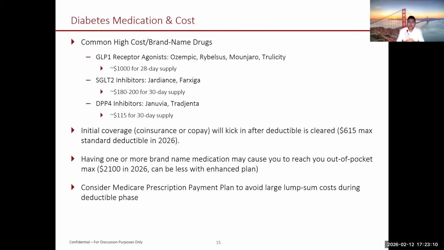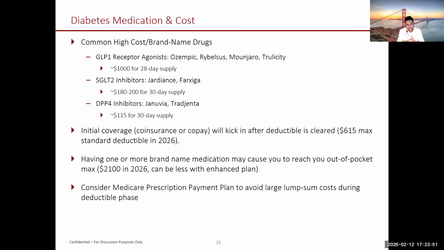Now, when you have one or more brand name medications that you take, and to be honest, taking something like Jardiance and Ozempic at the same time is incredibly common, you may reach your out-of-pocket max, that $2,100, much faster because naturally, you're spending more money on medicine and that medicine is quite expensive. And so that is something to consider in the sense that if you're going to be hitting your catastrophic coverage cap with just Ozempic, adding on something like Jardiance will actually not change your annual expense. And so when you start dealing with multiple brand name drugs in your regimen, the cost does not necessarily increase